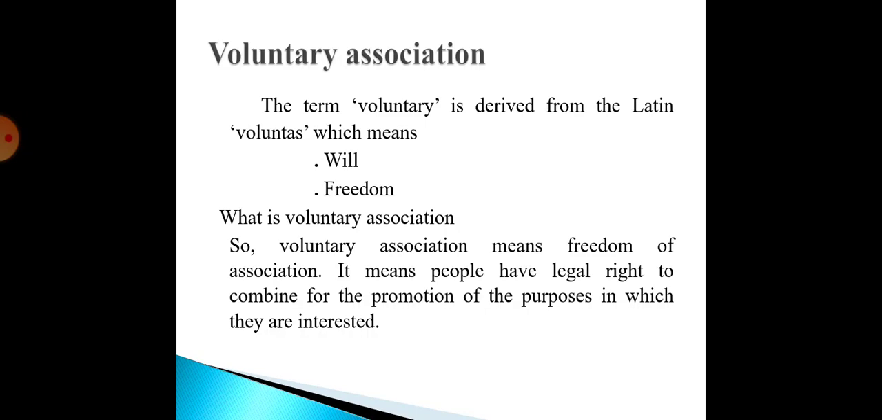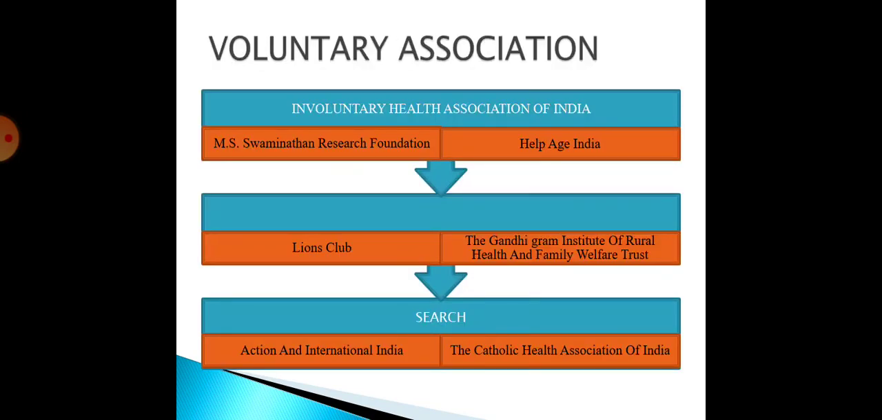Okay, this is a voluntary association. Voluntary association is nothing but freedom of association. It has the legal right of combining for the promotion of the purpose they're interested in. Okay, this is about voluntary association. There are many voluntary associations present in India. First, there are 8 voluntary associations presently working for the development and growth of the social organization